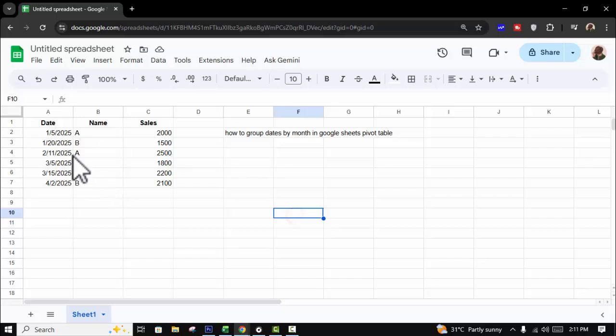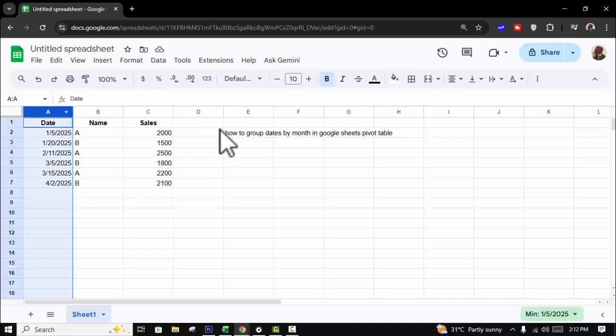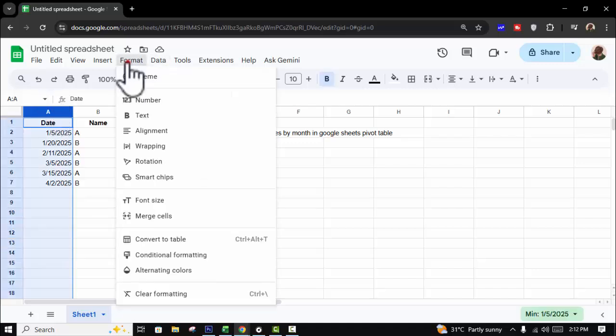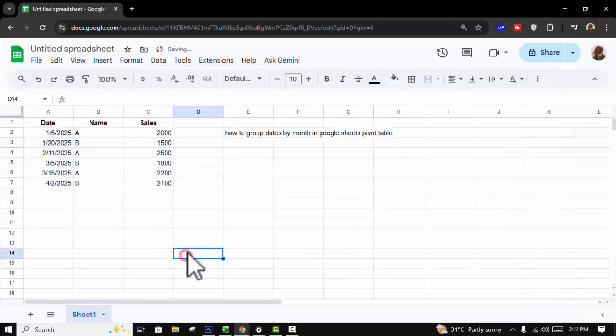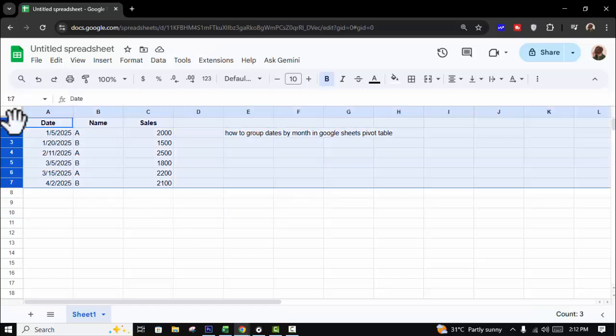In this video, how to group dates by month in Google Sheets pivot table. Let's begin. See this, select date column and go to format tab, number, select date. Okay. Then secondly, select full table, press Ctrl A or